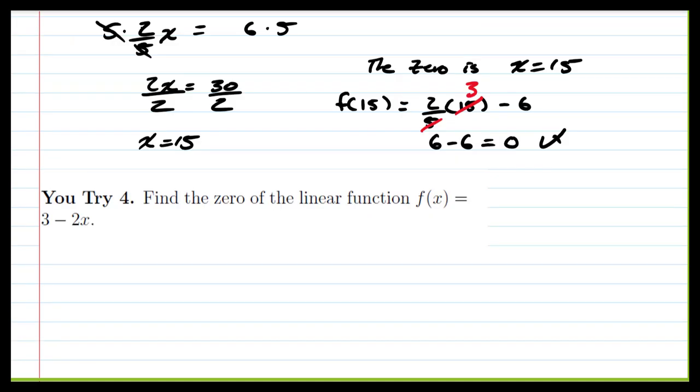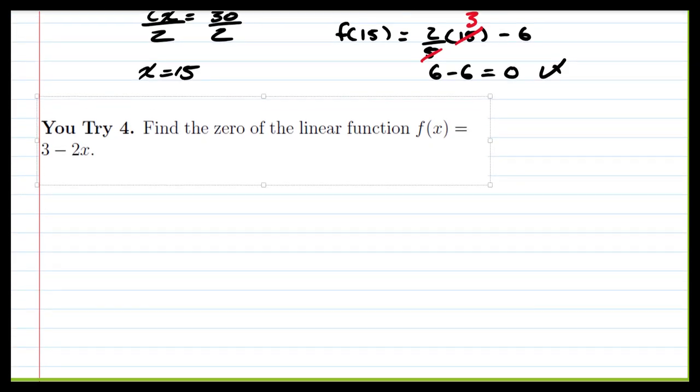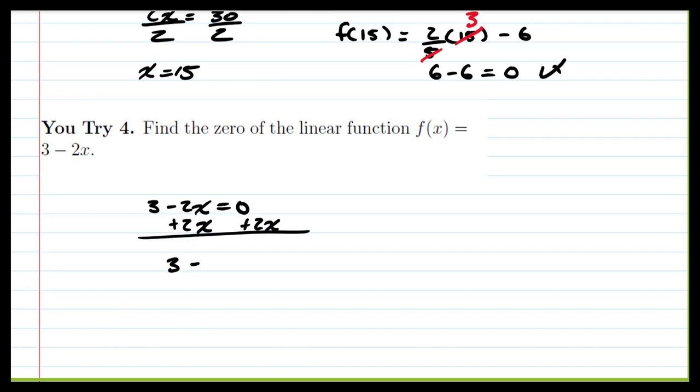All right, so to find the 0, we set f of x equal to 0, which is 3 minus 2x equals 0. So we add 2x, and we add 2x. And that gives us 3 equals 2x, and we divide by 2, so we get x is 3 halves. So then our 0, in this case, is going to be 3 over 2, and if we plug that back in, we could check that indeed that would be the solution to our linear